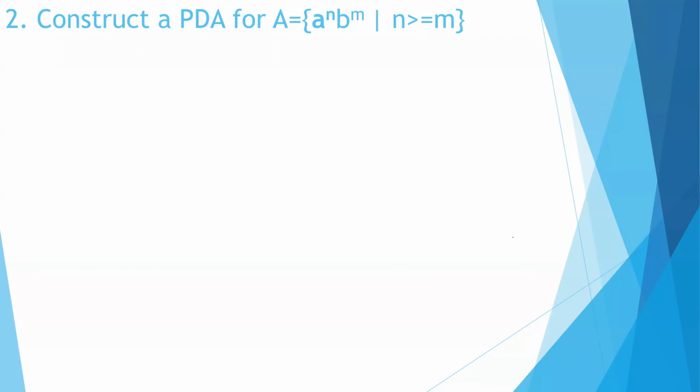From the language itself, we can find out that a raised to n, b raised to n means you cannot work on your normal deterministic automaton. You should be using a pushdown automaton because you need to store the value of n. Now your string can be of the form A, B, or let's say triple A, triple B.